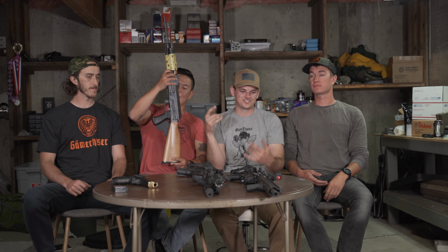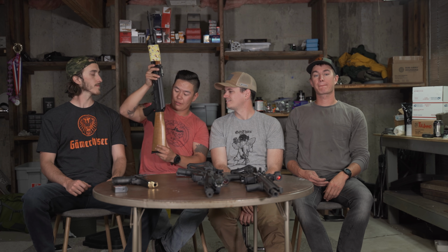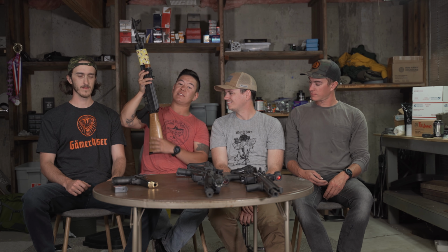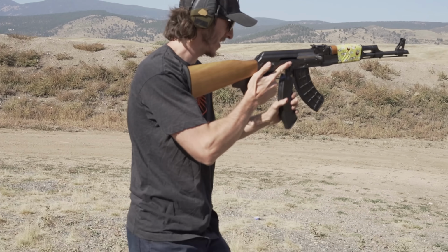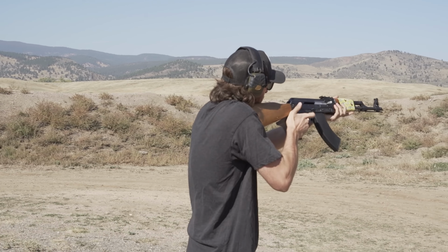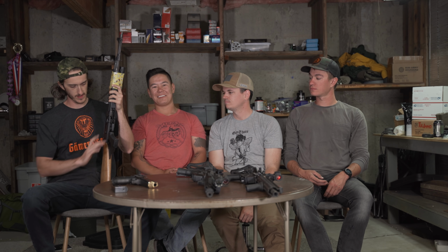So this gun came with an unfinished stock. Apparently they want you to take a file and some sandpaper and actually custom mold this to your face. Otherwise your ear pro will just get knocked off every time you shoot it. My ear pro is off my head now, so... And then you do that, and then you shoot. Yeah, I guess this wasn't so bad with the fin grip. It's a little weird, but...